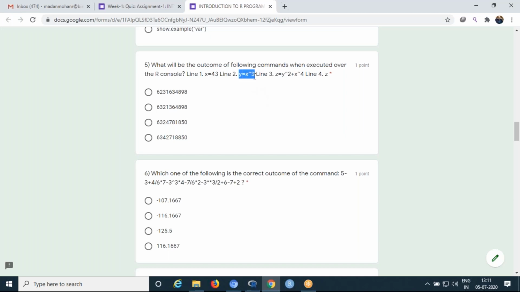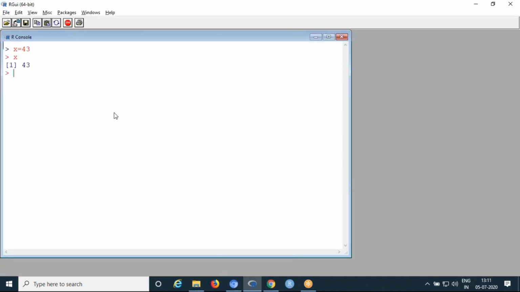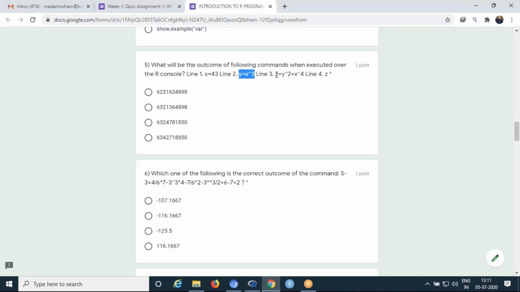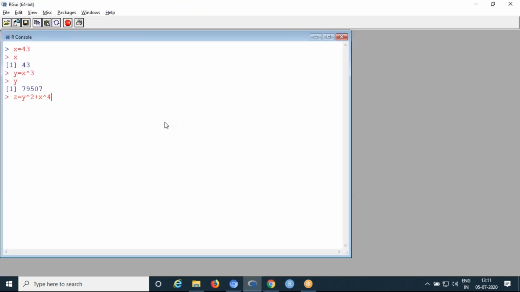Next line is y equal to x power 3. So 43 power 3, that result is stored in y. Check whether it is stored in y or not. So this is the result, 43 power 3. Then z equal to another computation, y power 2 plus x power 4. Now y is 79507, power 2, plus x is 43 power 4.